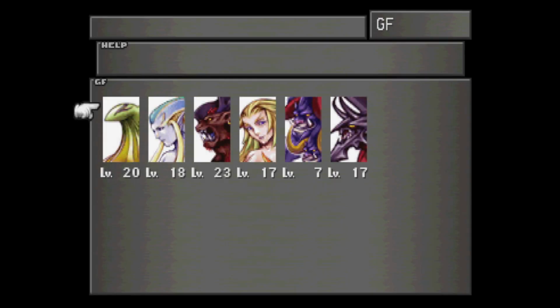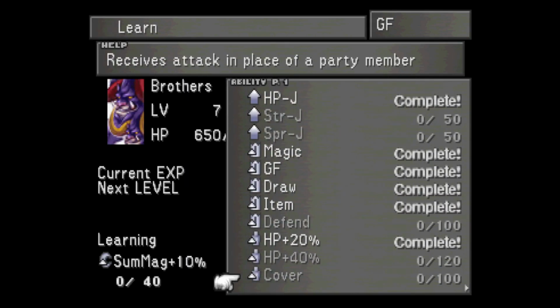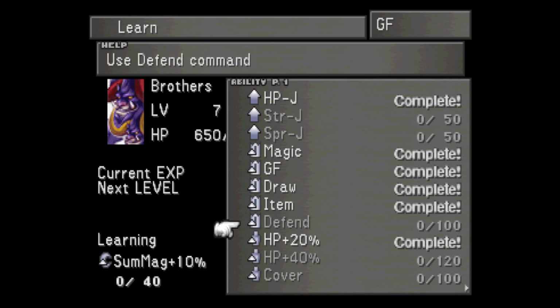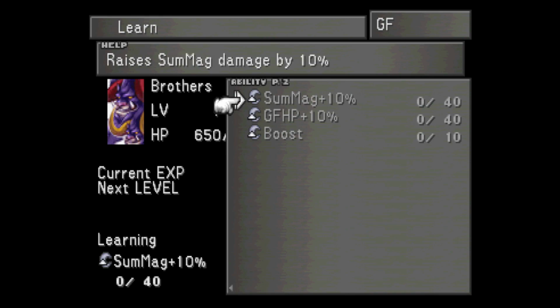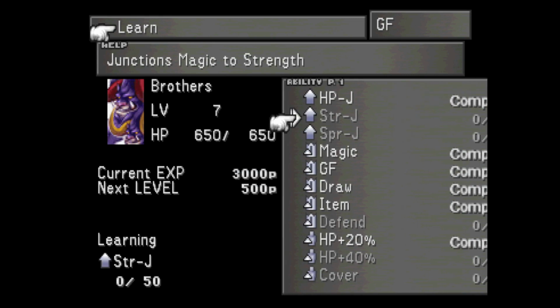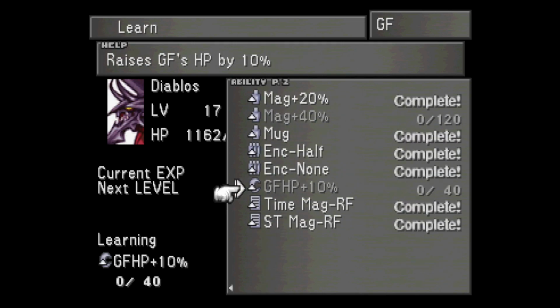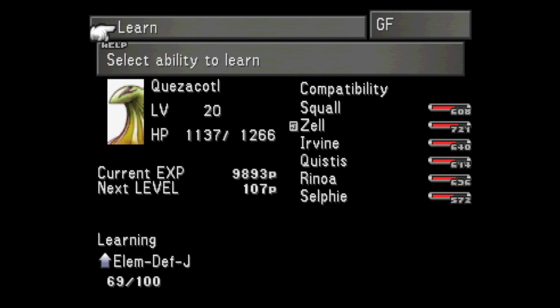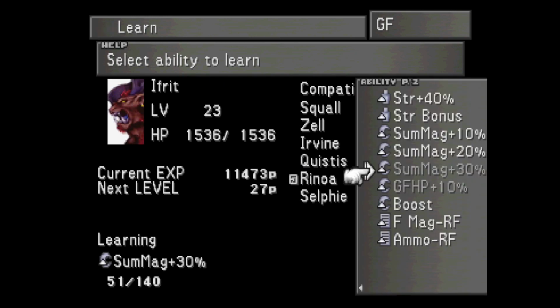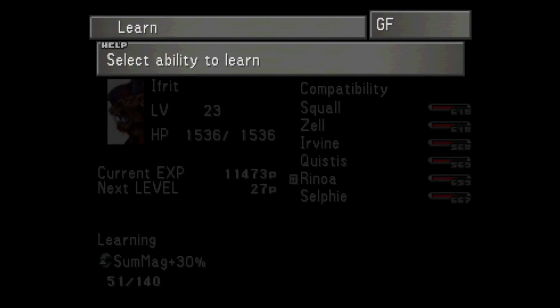Okay. Level 7. Beautiful. So they come with cover and defend, the basic boosts, etc., strength, spirit, and extra health stuff. I'm going to start right up there with strength. You learned HP? I think it was HP. So let's take magic this time. Ifrit finish something. Ammo. Sure. I'm not too interested in Mad Rush, so...